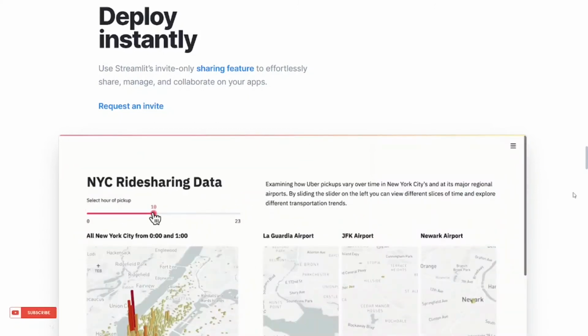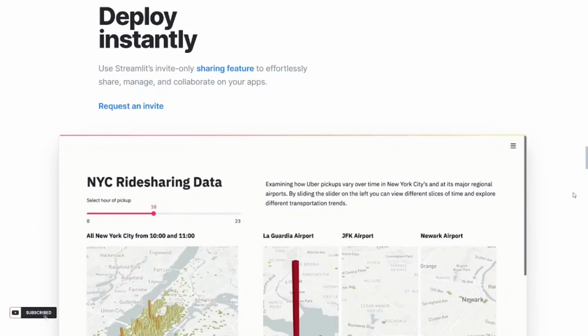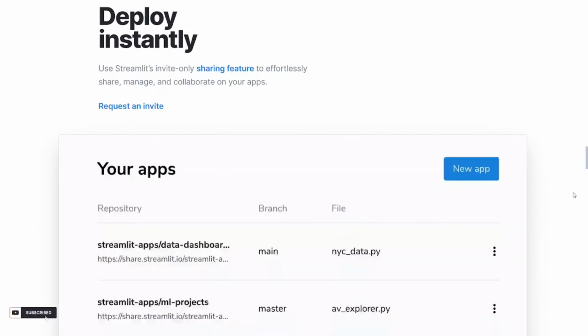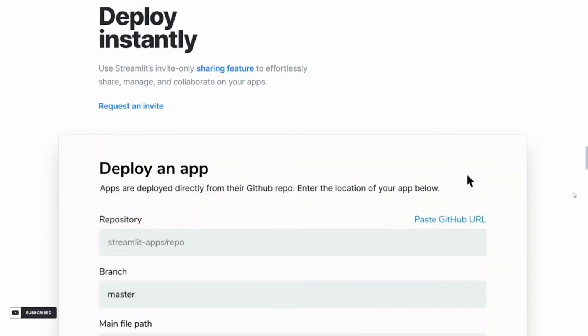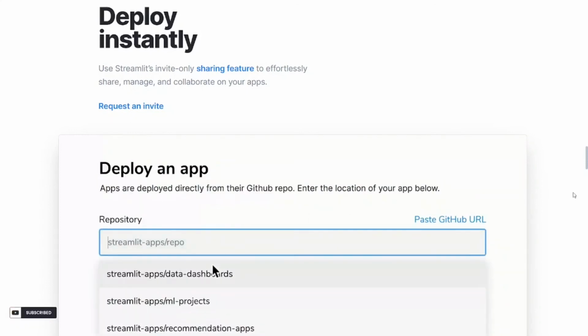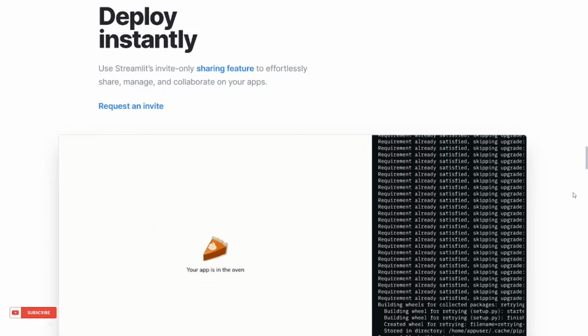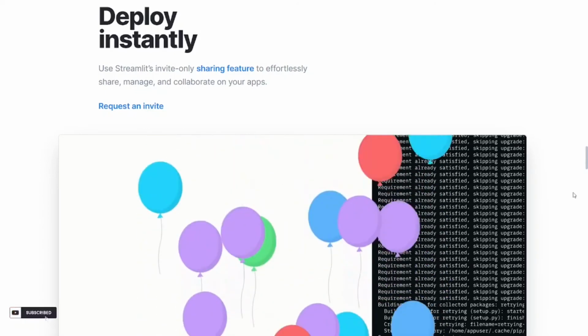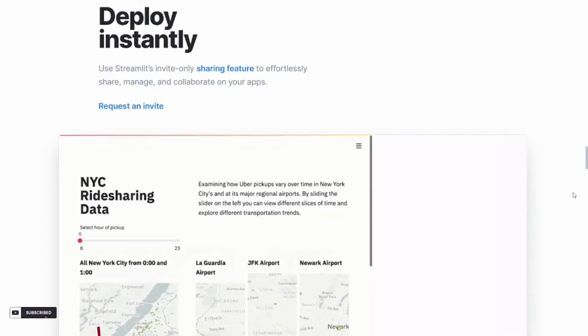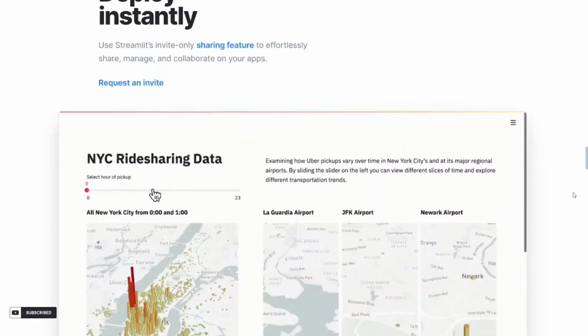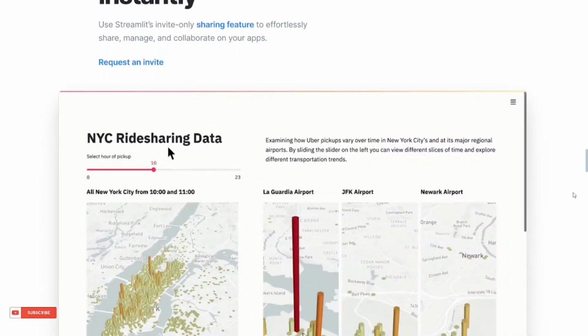Once you enable the sharing feature, you can share the application with your collaborators or teams. Another option is using Heroku. Heroku is a cloud platform where you can deploy Streamlit applications.